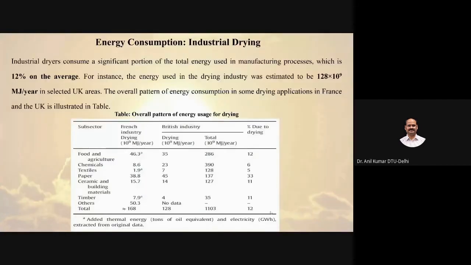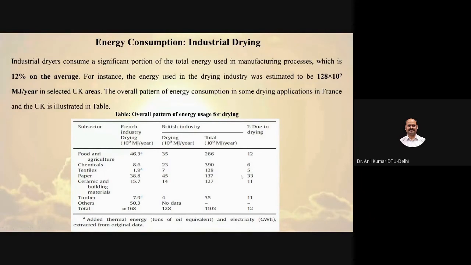So now, for drying in the UK and France and some developing countries, let's see how much share drying has in their industrial energy consumption. Suppose the food and agriculture sector in France and Britain: in industry drying, the total percentage is 12%. That means 12% of the total energy consumption goes into drying applications only, like in the chemical industry, 6%, textile, 5%, and